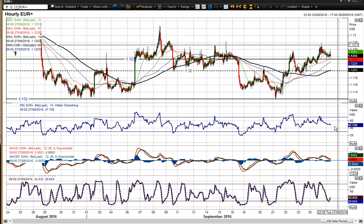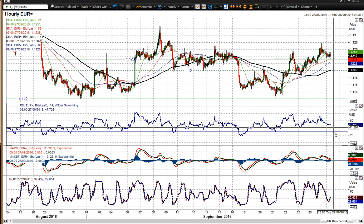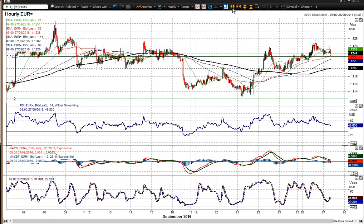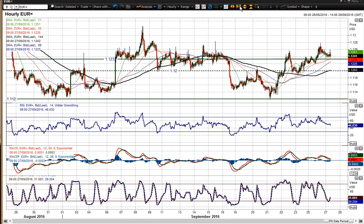Just watch out for the RSI, I think, and the hourly MACD lines, because RSI has fallen back under 50, and also the MACD lines are moving back towards neutral. Now, if you see the RSI below 40 especially, I think that would be a negative. MACD lines below neutral. You've got these supports that are still intact, despite the fact that we've just dropped away in the last few hours. 1220 comes in as the support. That is just above this pivot line, and I said yesterday it's a bit of a rough pivot line between